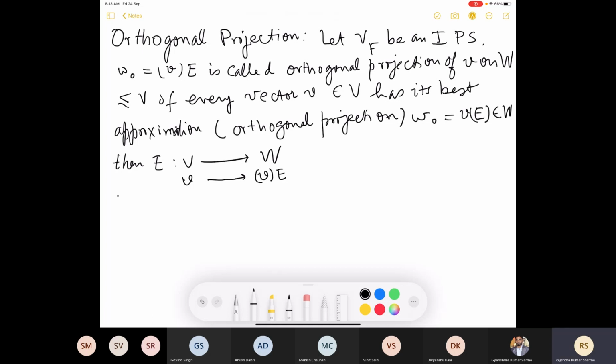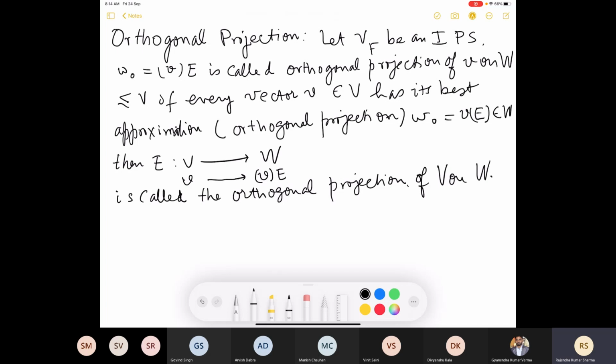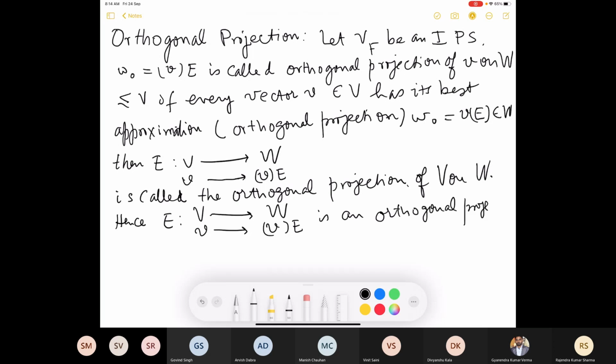This map is called the orthogonal projection map, or orthogonal projection of V on W. Hence, what we can see is that this E, the map V to W, V sent to VE, is an orthogonal projection of V onto W if and only if